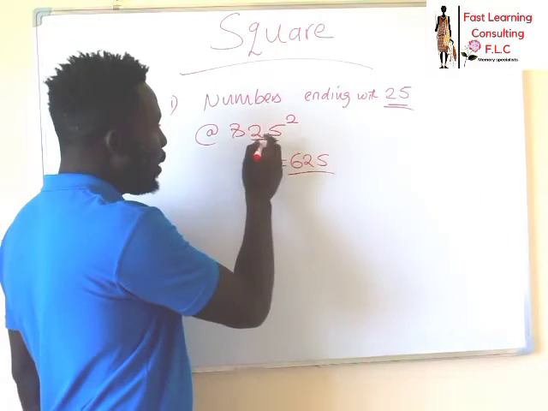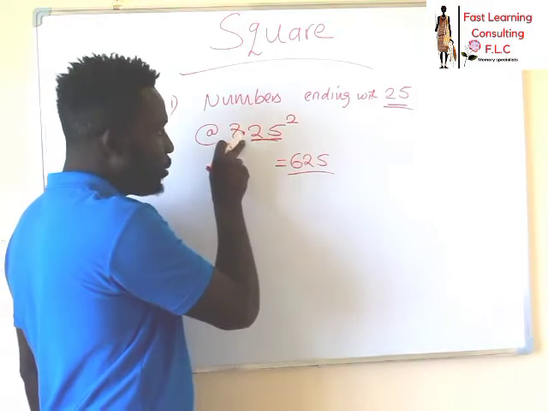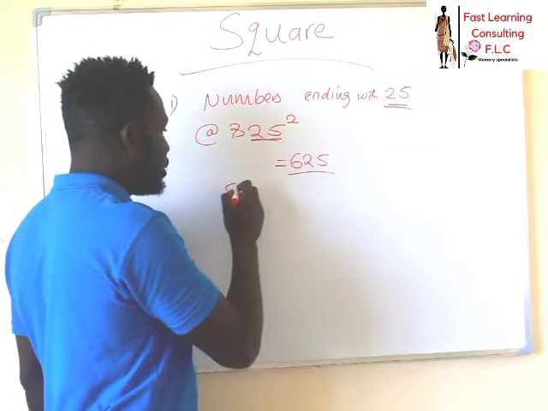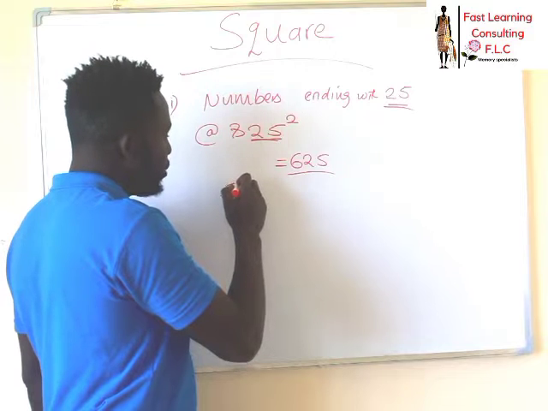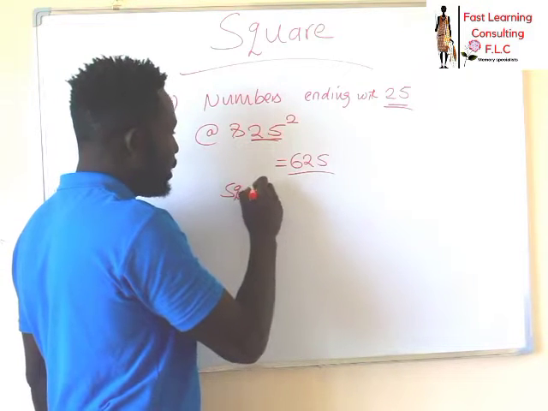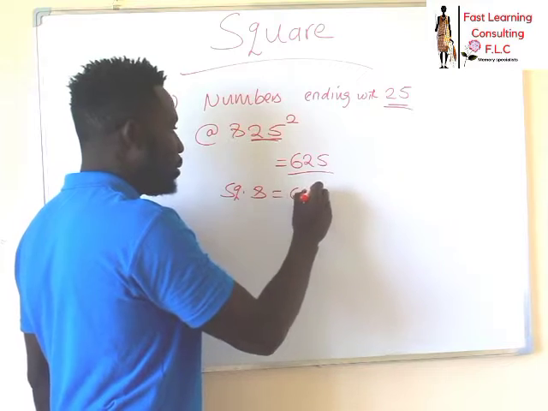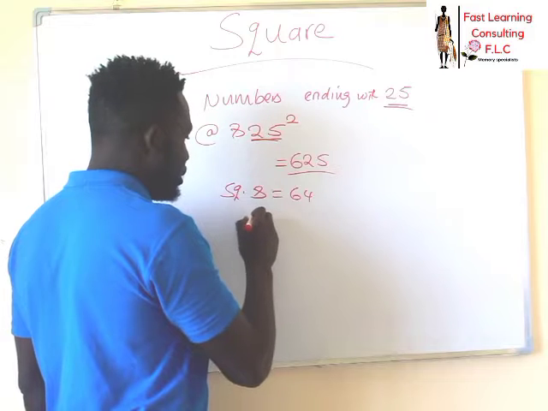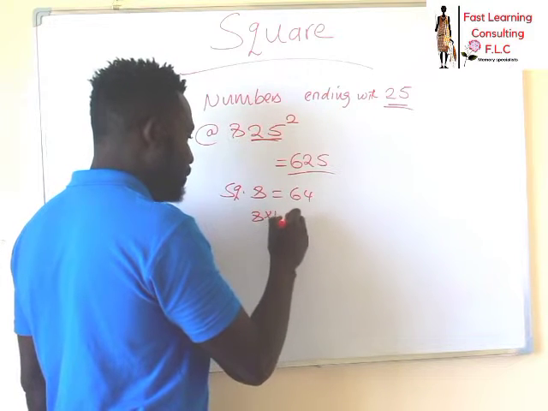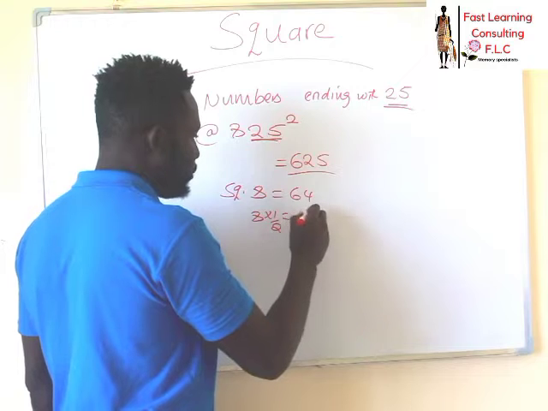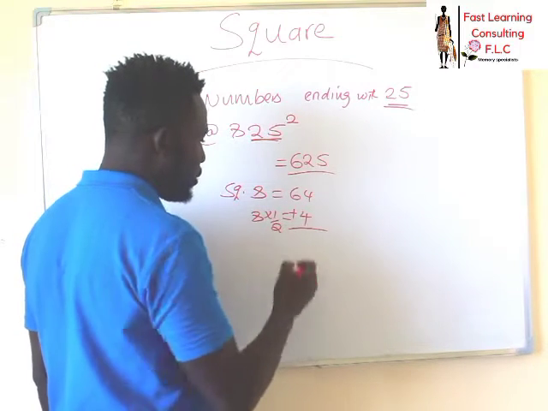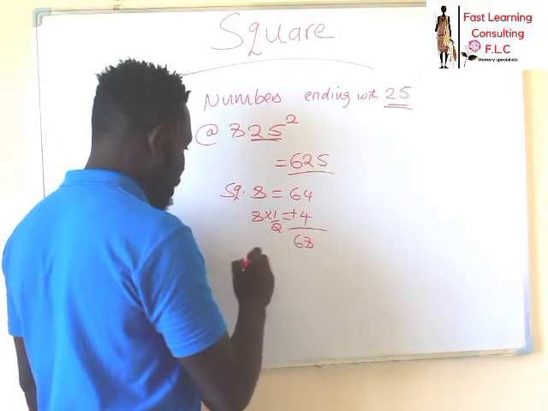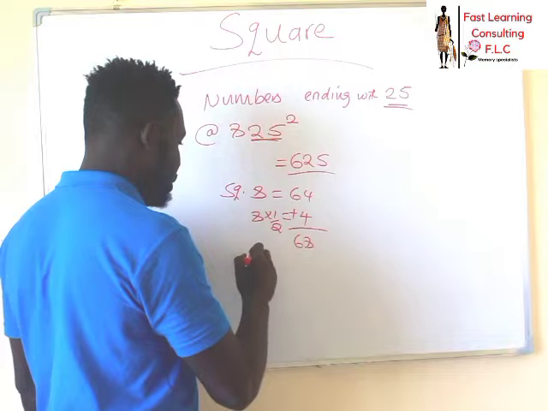Now, after doing this one, we are going to take 8 alone and square 8. So the next step would be to square 8 alone, and we know 8 squared is 64. Okay? Second step, we are going to take that 8 multiplied by half, which gives you 4. So we are going to add that 4 to 64, so it gives you 68. Second step is going to be the product, the sum. You multiply then the sum, which is 68,